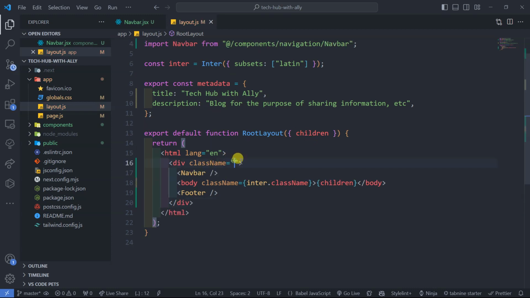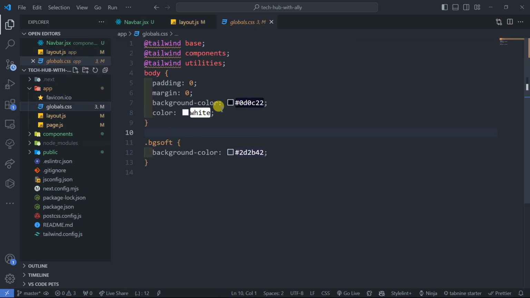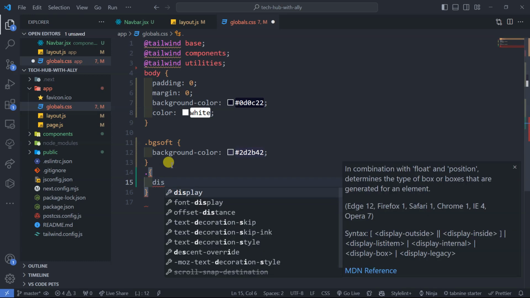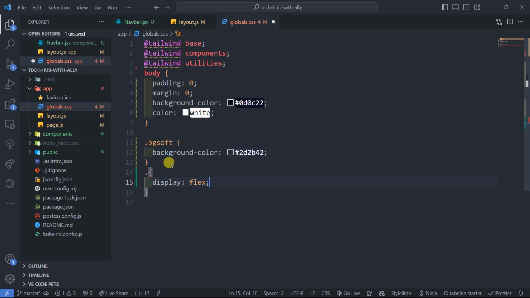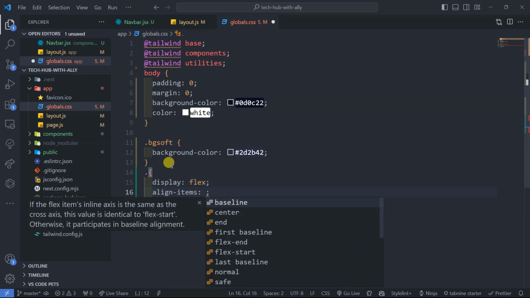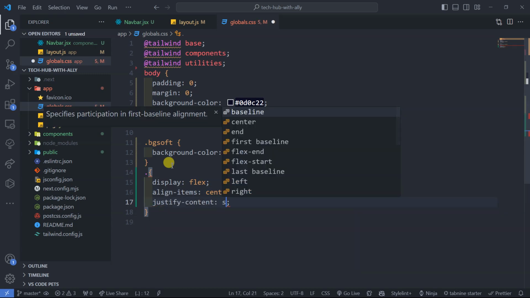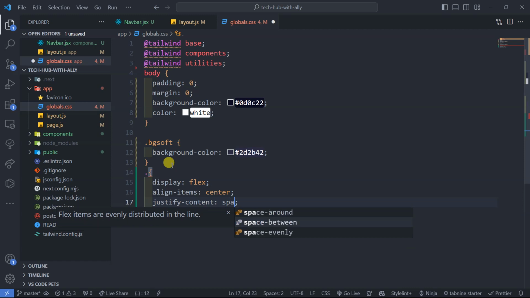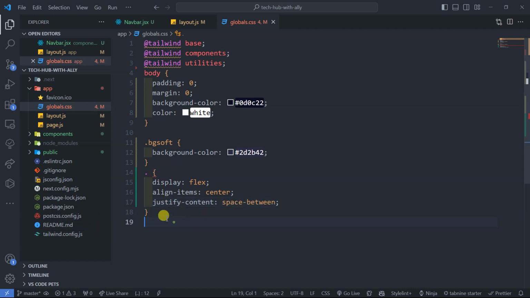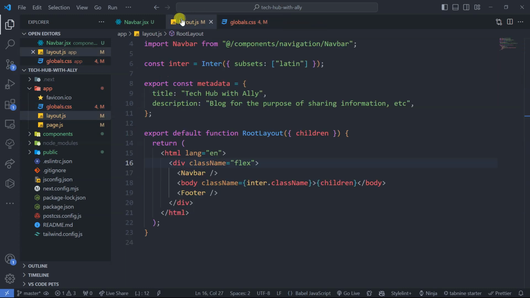Then let's try to center them by giving flex. Okay, let me give you the simple example. Assuming you go to this one here within the body, or just within a simple class like this, start giving the classes like display flex, align items center, this is traditional CSS, and then justify content space between. Something like this. You see, writing all these lines is too big,